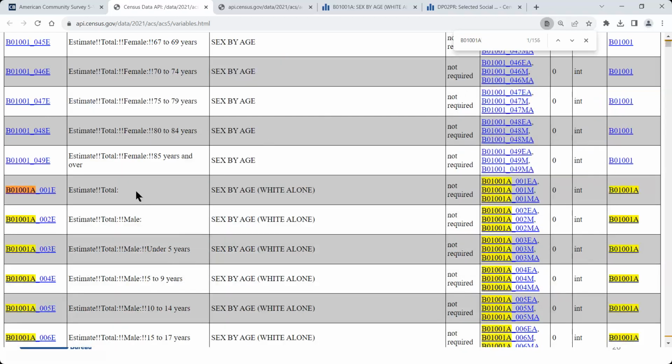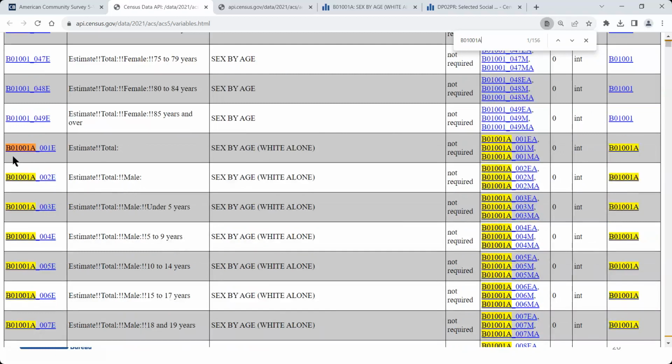And this takes me down to the different variables from that table here. And just as an example here, for my example, I was looking at the total male under 5 population. And again, for this first section, this is for the white alone population. And you can see here, that's going to be from this variable here, B01001A_003E. So like I did on the first example, I will just highlight and copy this variable and take it over to the URL that I was building out. So I've got my male under 5 population variable for the white alone population copied.